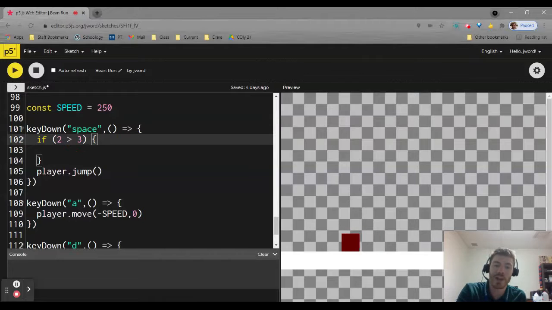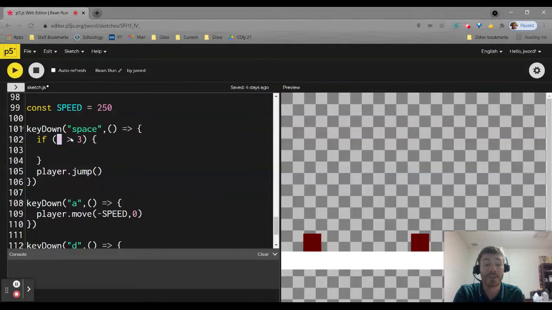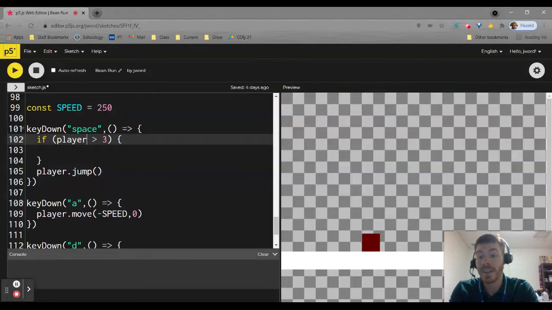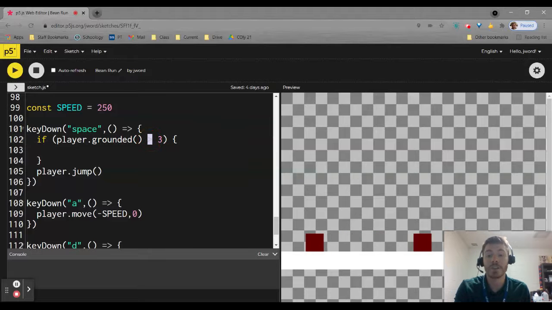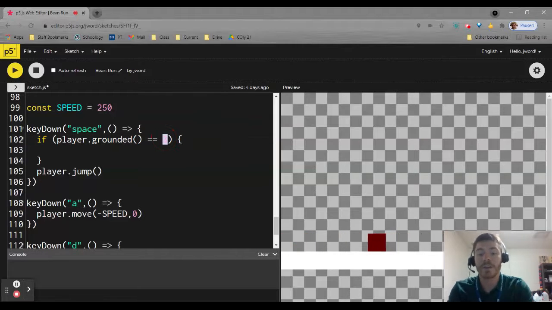So I could try to figure out a whole collision thing with the platform, but luckily Kaboom just has a function for that. So I can take player, and I can do player dot grounded. That will tell me true or false whether the player is grounded or not. So I want to know when the player is grounded. So if player.grounded is equal to true,